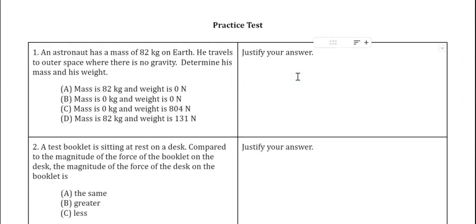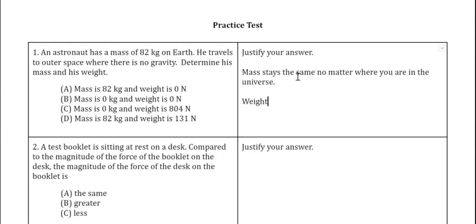Before I select my answer, I'm going to fill in this justify your answer column with some facts that I know about mass and weight. So I know that mass stays the same no matter where you are in the universe, meaning it's not dependent on gravity. So if I'm on Earth, if I'm on the moon, if I'm in outer space, my mass will not change. And I also know that weight does depend